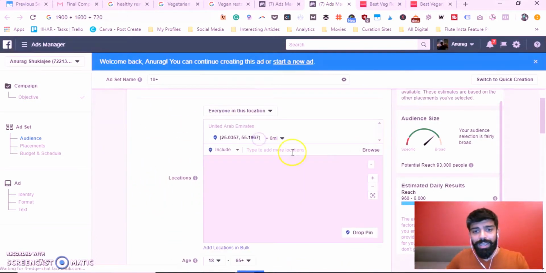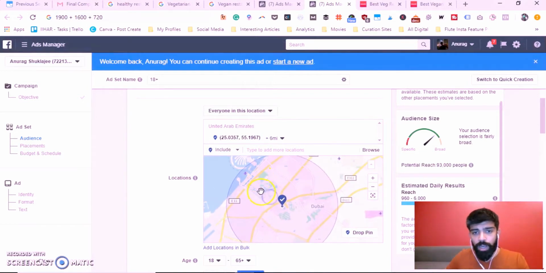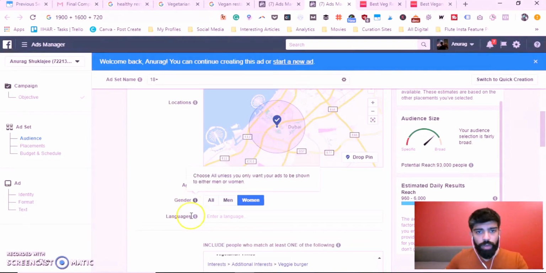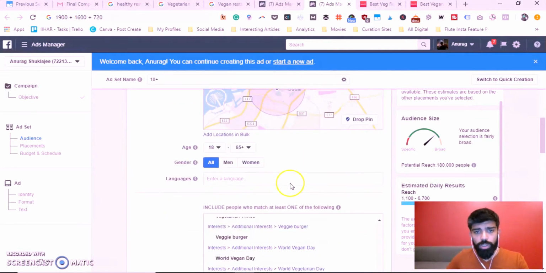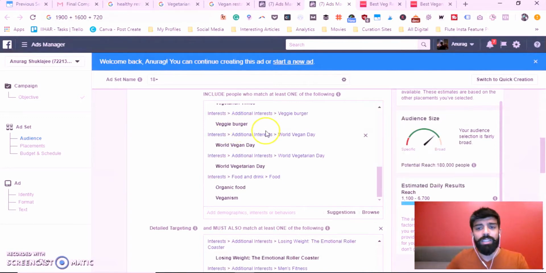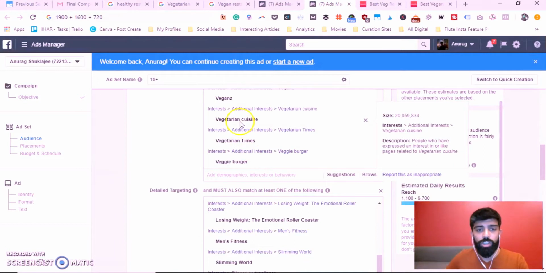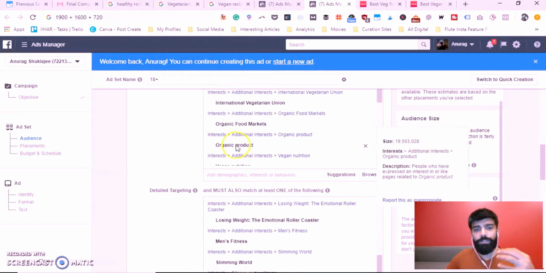What I'm looking at is a 6-mile area. And I've dropped a pin here. This is where I want to open the restaurant, and I think I'm looking at the 6 miles in and around that place. And I'm just going to take this off because I want to first show you just the broad targeting. And what I've done is I've taken veggie and organic and veganism and vegetarian and all those